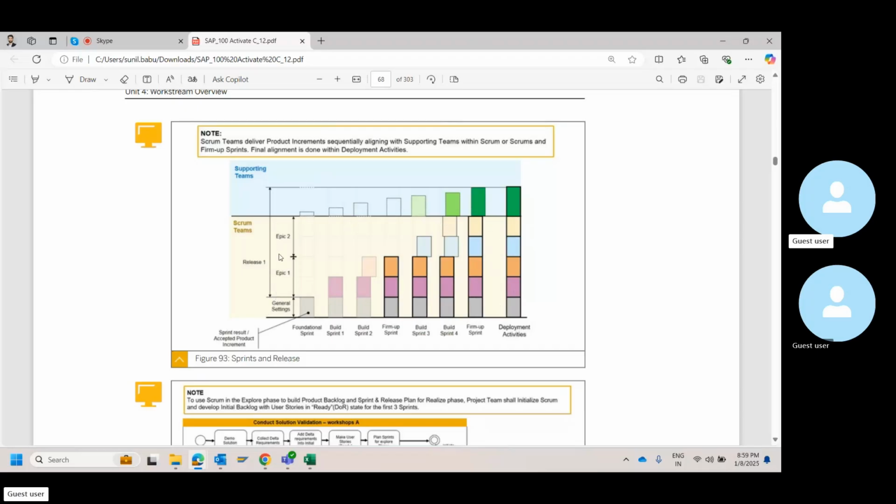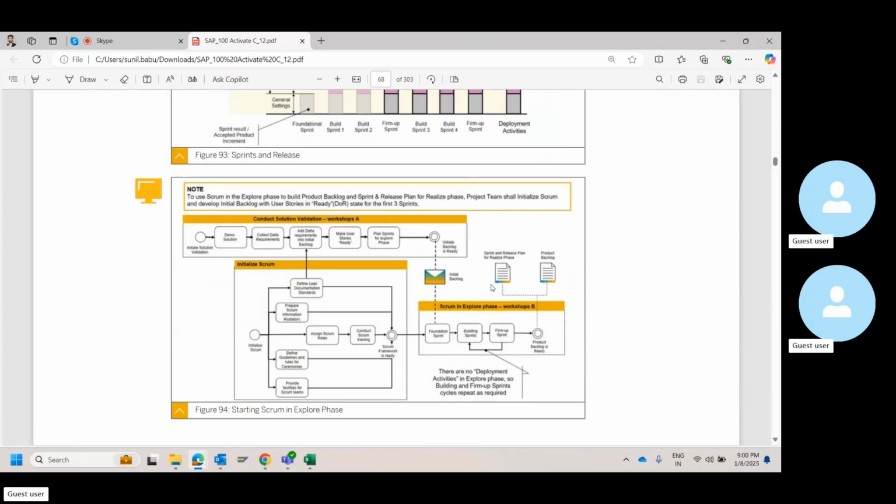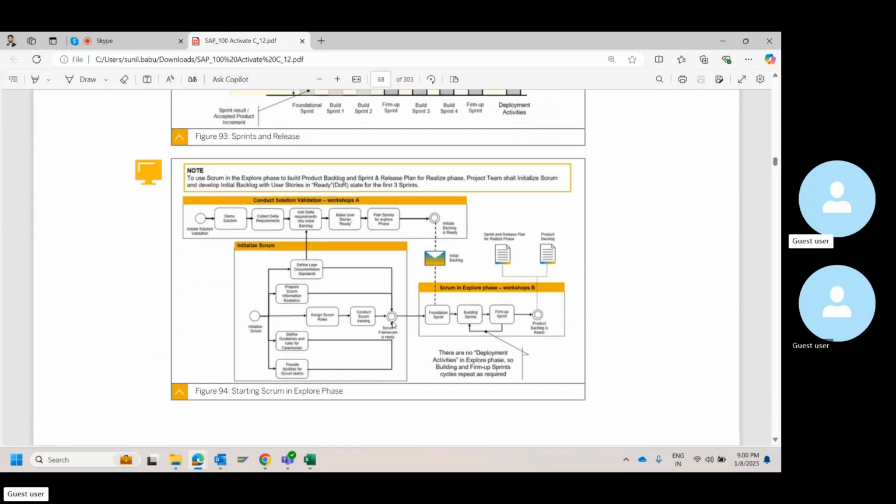So there are chances, as I told you, previously I was referring to the wave concept, no? So wave one can be this. Wave two can be a separate, different story again after this. So let's say this is happening in 2025. In 2026, you might have wave two. This is wave one, you have wave two. Okay. Then this is again a scrum.